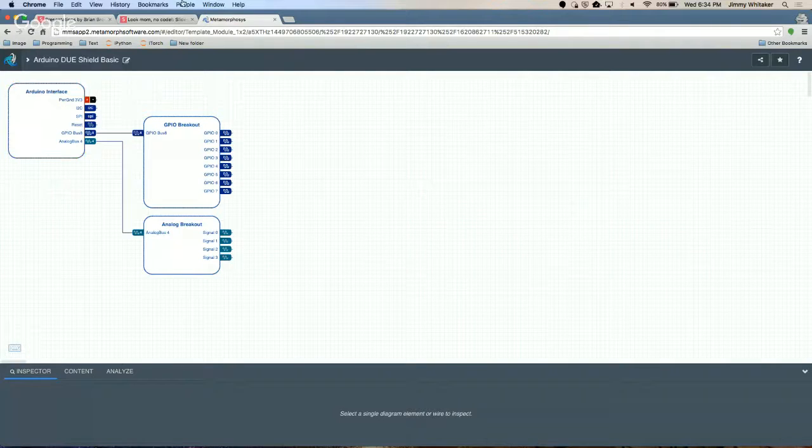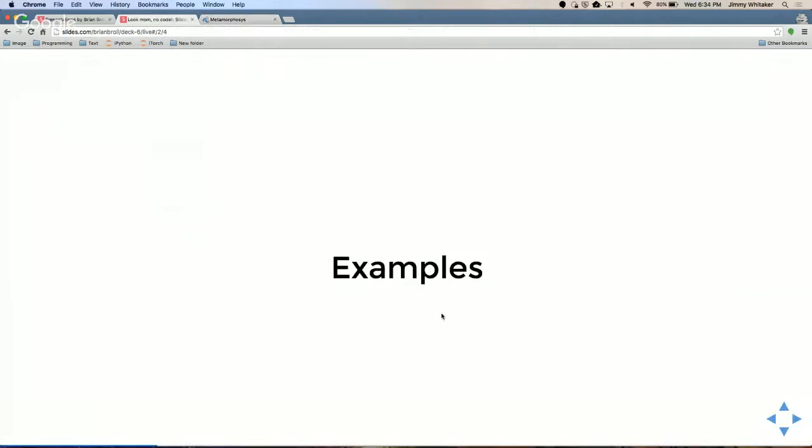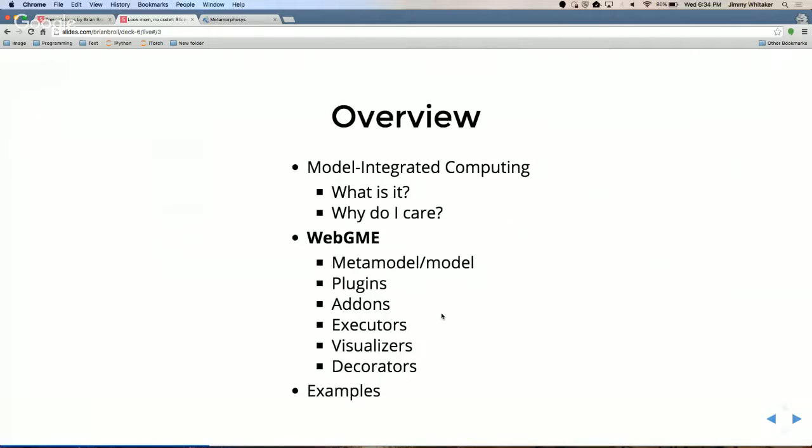So anyway, now we've discussed a little bit about model integrated computing. Basically, it lets you put the model at the heart of what you're doing so you can lower the barrier to entry as well as decouple your business logic, so you can have all sorts of implementation under the hood, but the people who are actually using it don't need to worry about it. And of course, upgrading to a new tool or changing the back end is really easy because you don't need to go through a 100,000 line code base. You just need to go to a little generator that converts it. It does all the conversions, and you change how it does the conversions.